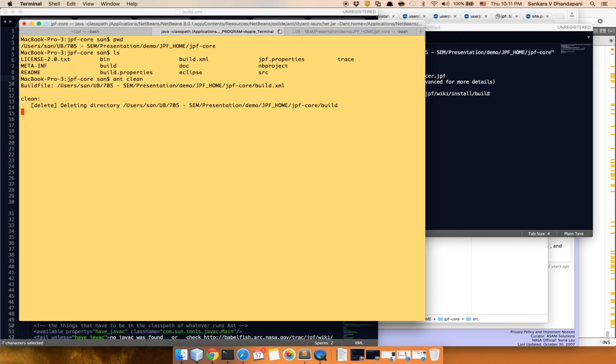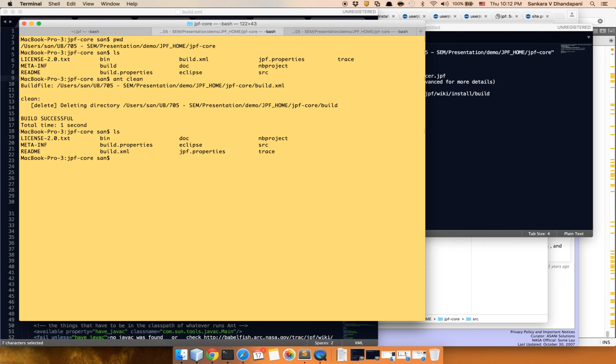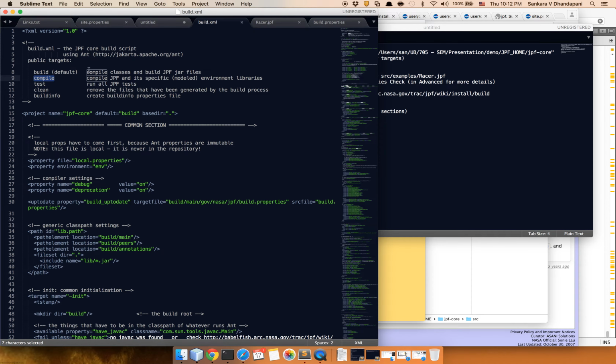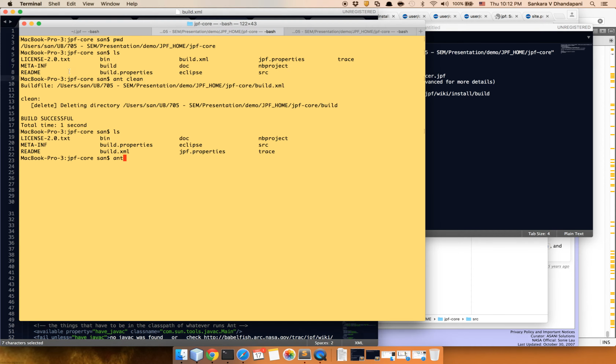On clean, it just deletes the build directory, so there's no more build directory. If you see here, there was a build directory and there's no more. That's the one that got cleaned up. That's essentially deleting that folder. So let us build JPF. Because build is the default target, you don't have to specify any target because that's the one that will be called. So I hit enter and